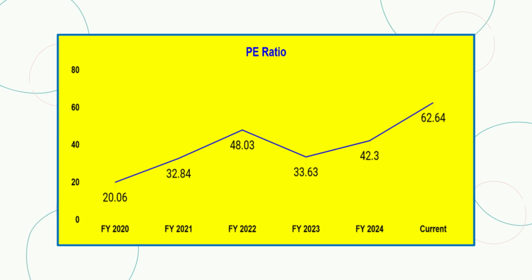Let's take a look at the trend in CDSL's price-to-earnings (PE) ratio over recent years, which reflects changing investor sentiment and market expectations. Starting in FY 2020, CDSL had a relatively low PE ratio of 20.06, suggesting modest valuation levels. By FY 2021, we see a notable rise to 32.84, indicating growing market confidence in CDSL's potential. This optimism reached a peak in FY 2022, with the PE ratio climbing to 48.03 as investor expectations for growth